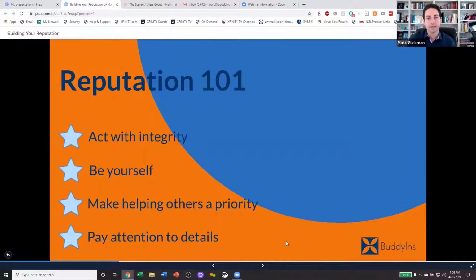Key things, and this is how I think people represent themselves today and how you should be doing business with clients and what they're looking for in their professional. First of all, acting with integrity. One of the reasons, again, I wanted to connect with Steve was I could tell that A, he really knew what he was doing in the business, but B, he put his clients first. How do you think that kind of philosophy has helped you grow your brand and build your business?